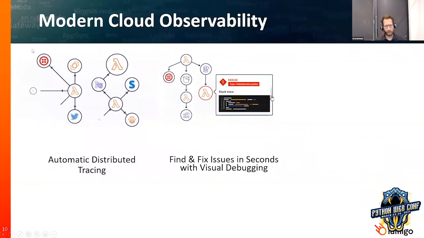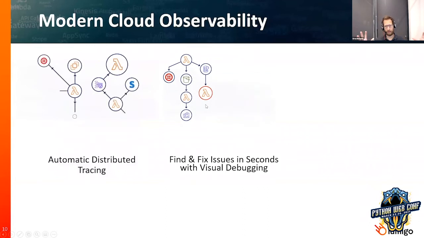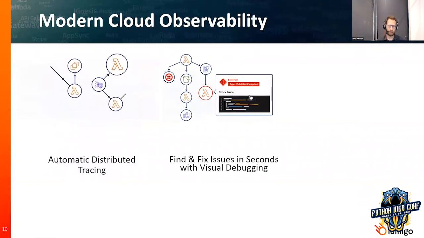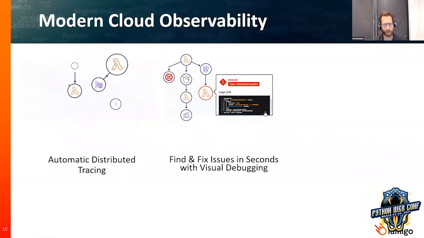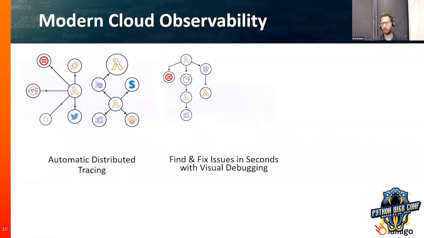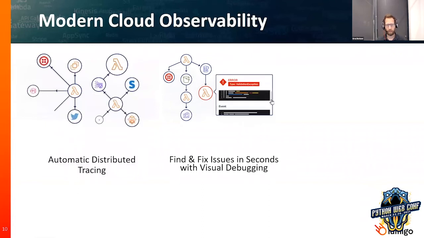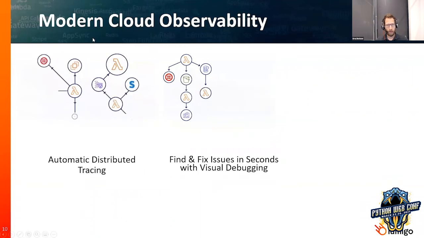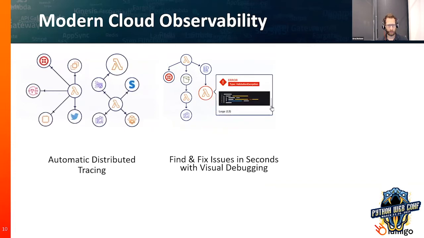A second point is the ability to drill down to a specific service out of the 100 services that you identify has a problem, and to understand what happened in a specific transaction, in a specific request that failed. What were the different logs, the different environment variables, the different debugging information that you need in order to understand the root cause.